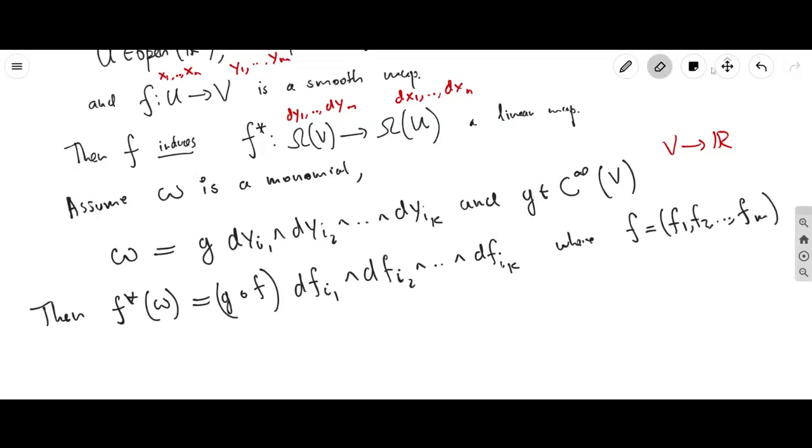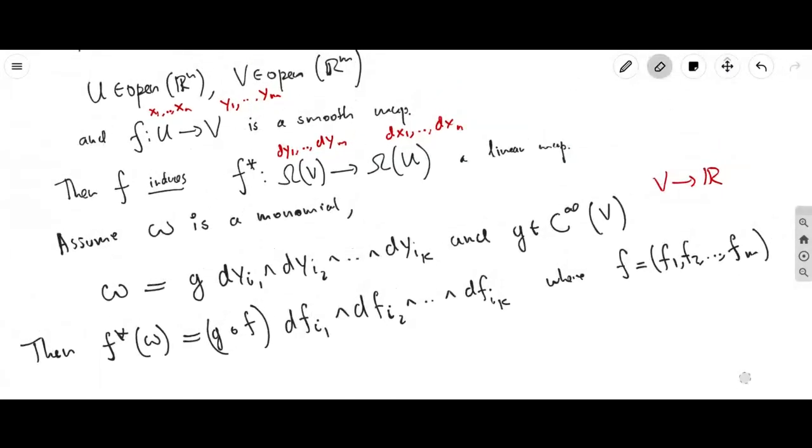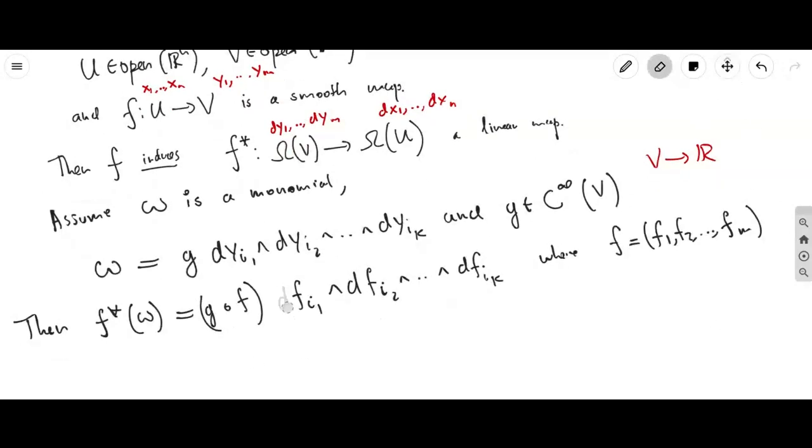This is a smooth function with m components, so you just decompose it into components. These are smooth functions, and then you apply the differential operator to each of those component functions. Right? So this is the differential operator applied to a smooth function. So these are one-forms. This is a one-form, this is a one-form, and so on. So you have a wedge of k one-forms. So this is now a k-form, and this is just a smooth function. And whatever you end up getting,